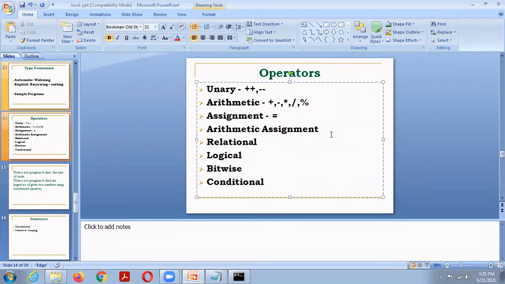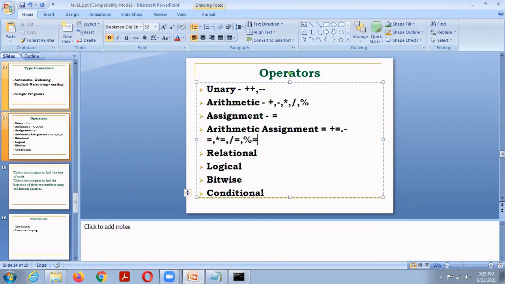Then arithmetic assignment operators: plus equal to, minus equal to, star equal to, slash equal to, then mod equal to.